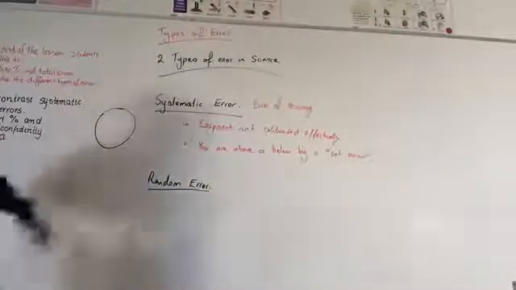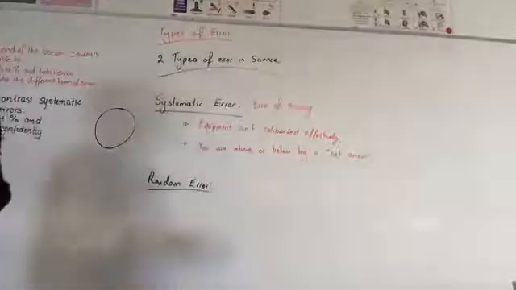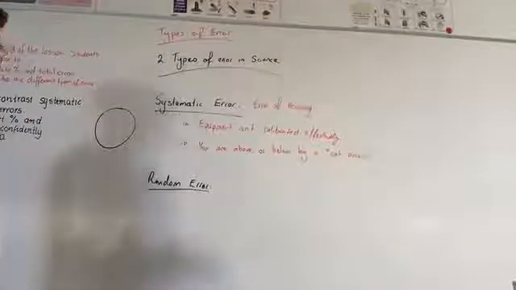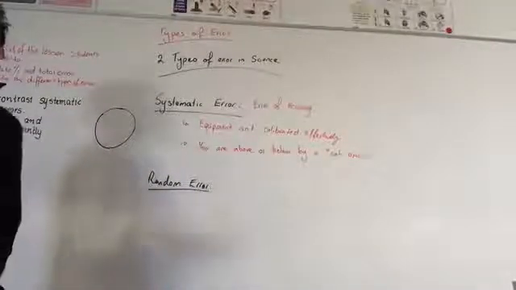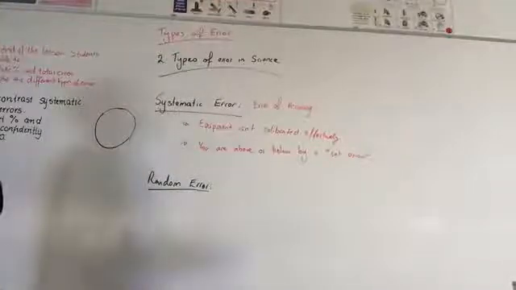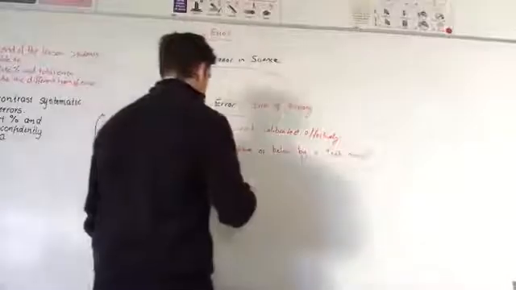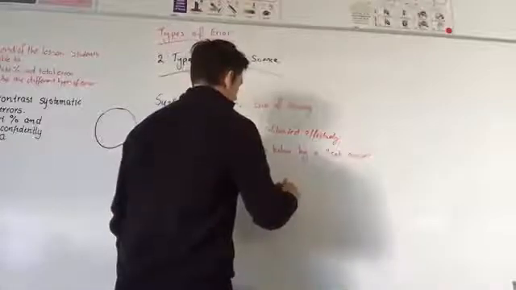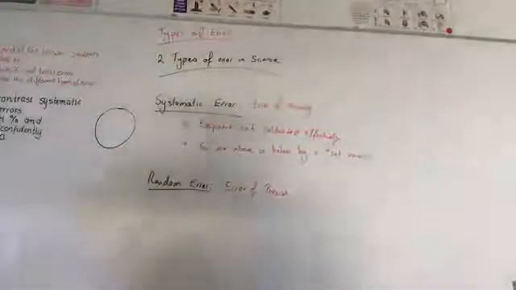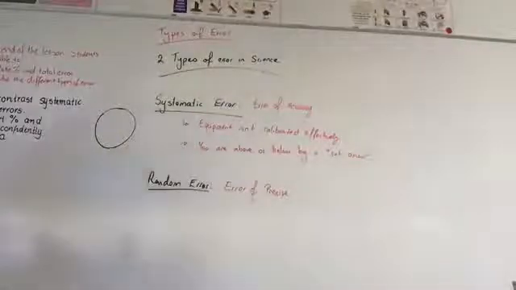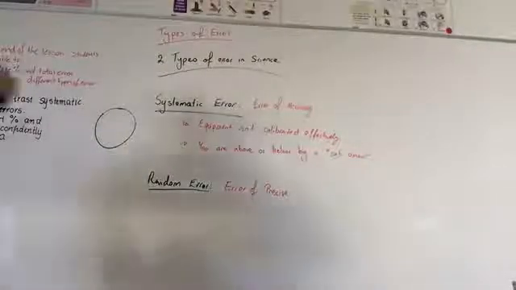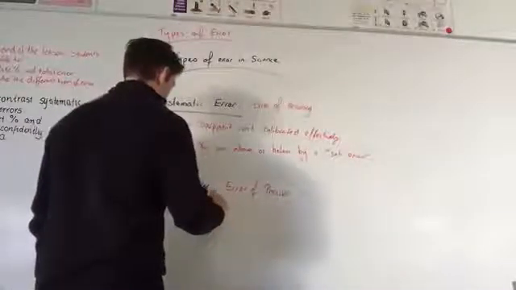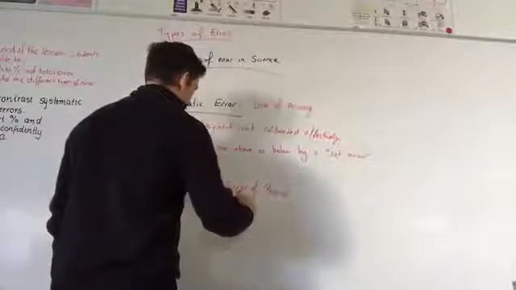So if a systematic error is an error of accuracy, what is a random error? So it's an error that is random. Well, partly. You're partly right. Unexpected. Accuracy and precision. You could be fairly accurate with a random error, but you can't be precise. So it is an error of precision. The equipment or the experiment